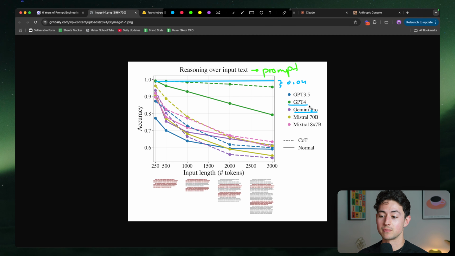But if we're using the basic model, GPT-4, which is the normal thing that you'll call, performance goes down almost 20%, which is pretty crazy. So what does this mean? Well, a quick and easy hack that you can do to improve the quality of your outputs is literally just